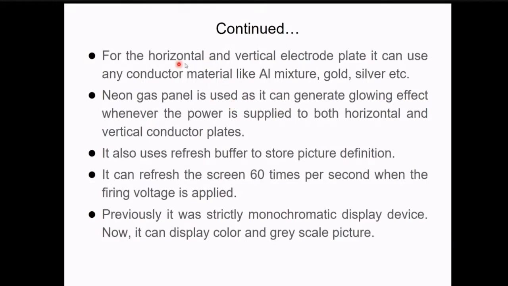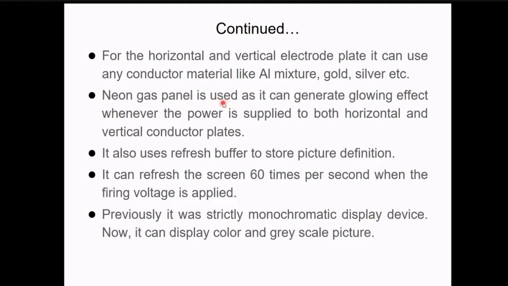What it says is the horizontal and vertical plates can be made up of conductor materials, but obviously they are electrons, so they need to be charged up with some good conducting material. Mixtures like alloys, or gold, silver can be used, but it all depends on the manufacturer.